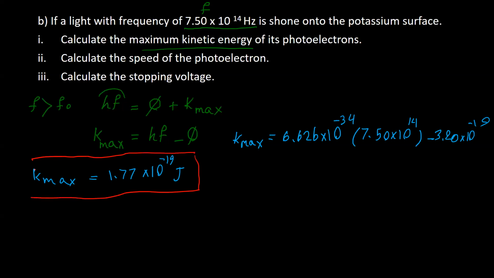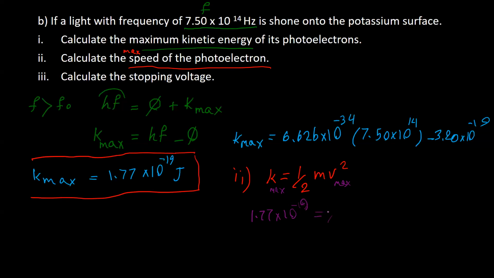Right now, the second part, it says calculate the speed of the photoelectron. It means maximum speed, actually. So for answering this part, we know the formula for kinetic energy is half m v squared. I have the maximum kinetic energy, because it's maximum, so definitely I get maximum v. I just substitute numbers: 1.77 times 10 to the power minus 19, that is the maximum kinetic energy,